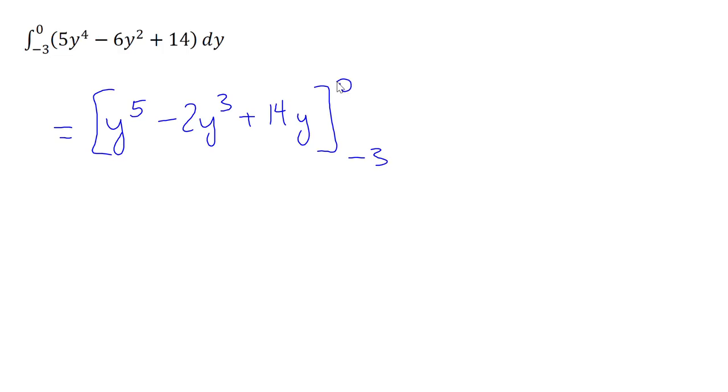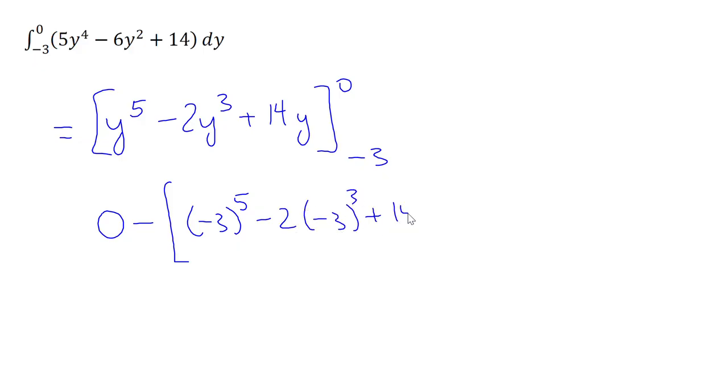So first, when we plug in 0 to all of these, each of those terms will be 0, so we just get 0 for that. And then we'll subtract a negative 3 to the 5th minus 2 times negative 3 cubed plus 14 times negative 3. And when we do that arithmetic, we have a negative out in front, and negative 3 to the 5th power is going to be negative